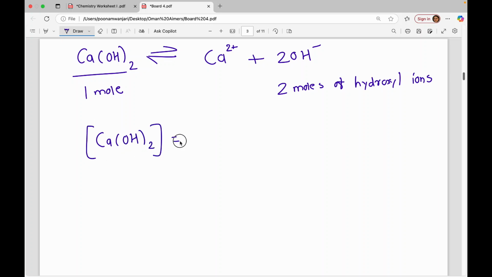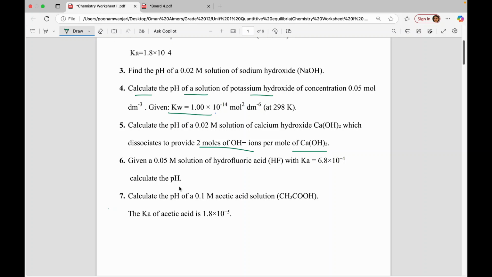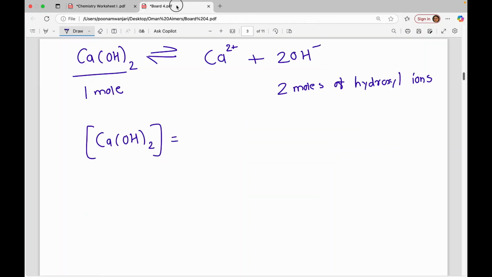It is 0.02 molar, meaning 0.02 mole per dm cube, but it generates 2 moles of hydroxyl ion. So whatever concentration of calcium hydroxide is given, we need to multiply by 2 because 2 moles of hydroxyl ions are generated. So 2 into 0.02 is equal to 0.04